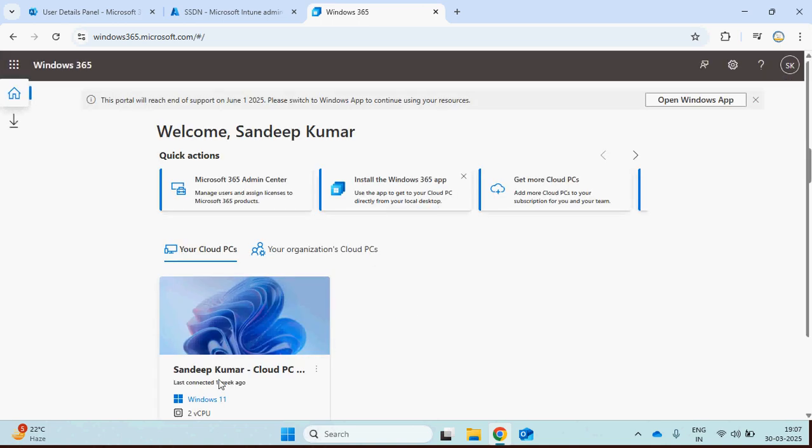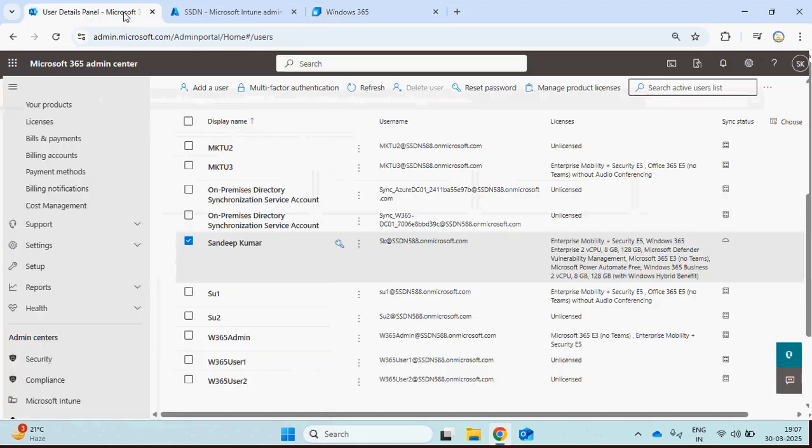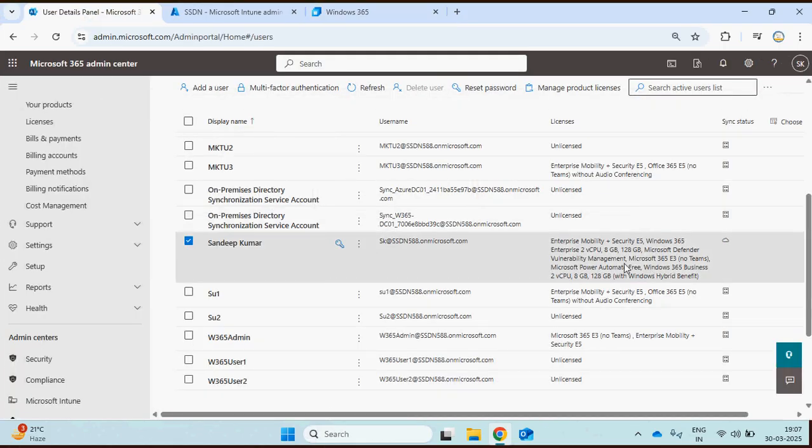Currently I have a cloud PC assigned because of my business plan. Here you can see Microsoft 365 Business, 2 CPU, 8 GB RAM, 128 GB. And I was in the enterprise as well.